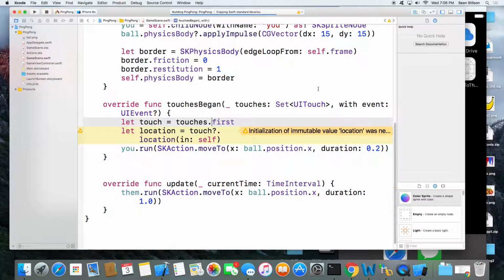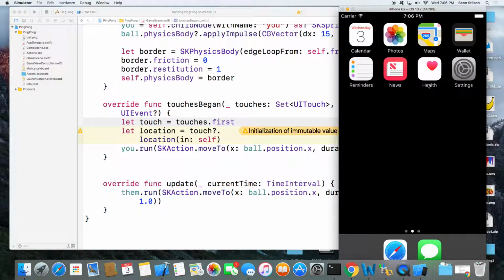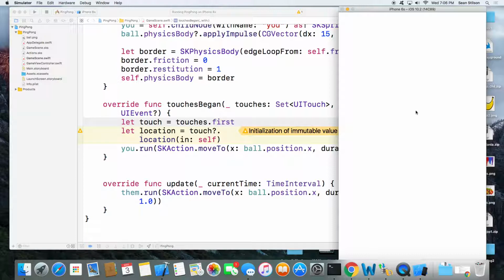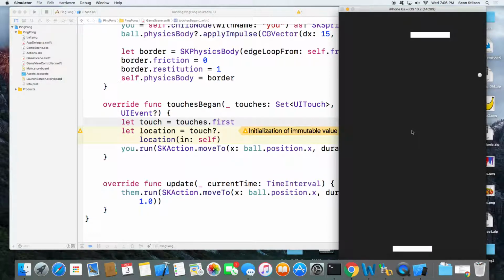And then if you run it again, and you tap on a spot where you think the ball is going to go, oh, I missed. I suck at this.